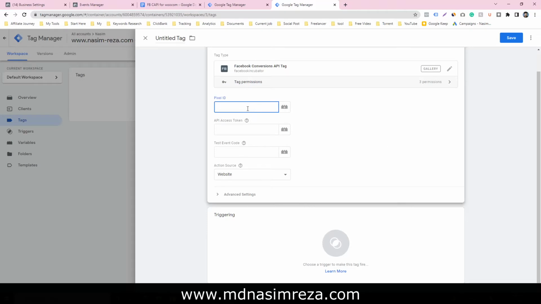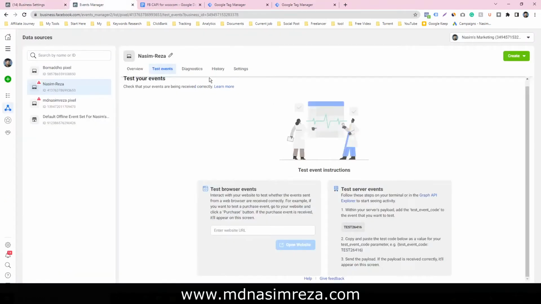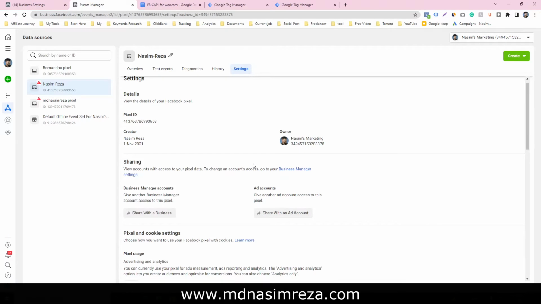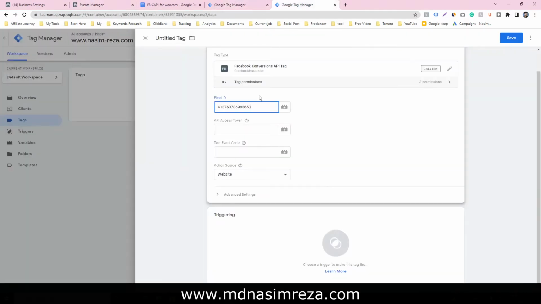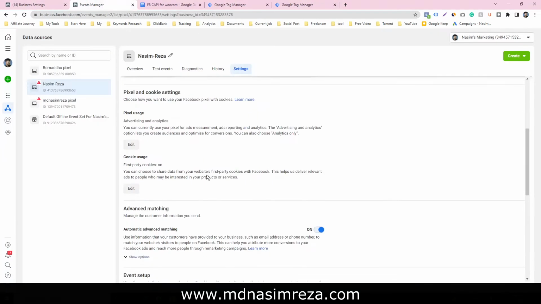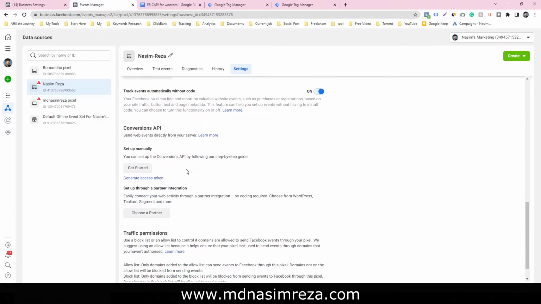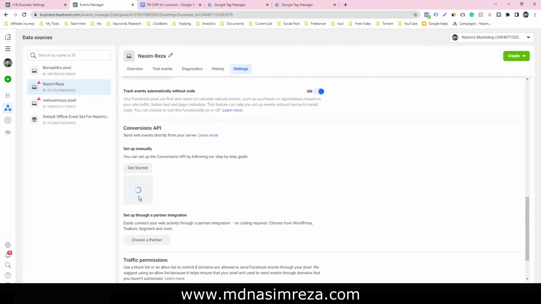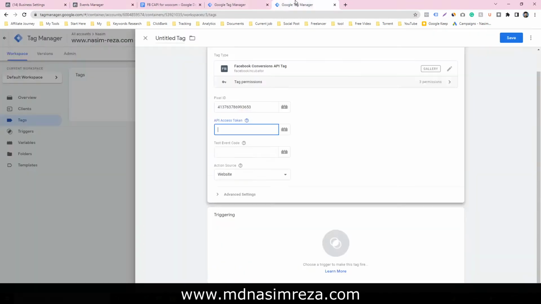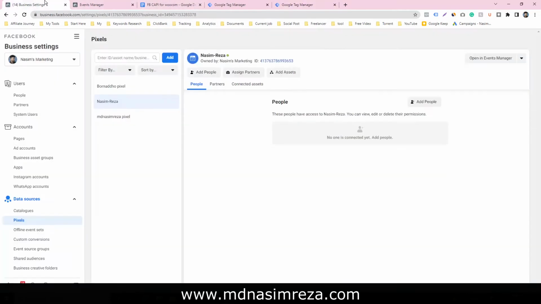First of all we have to input our pixel code here. So go to our Event Manager, go to settings. This is our pixel code. Just paste it here. For the access token, scroll down and just generate a token. And here is the test event code.